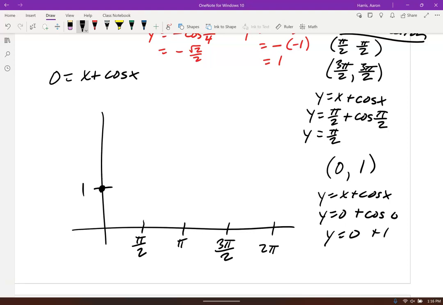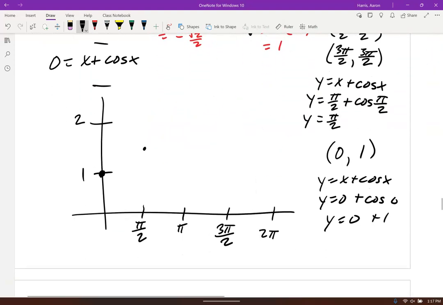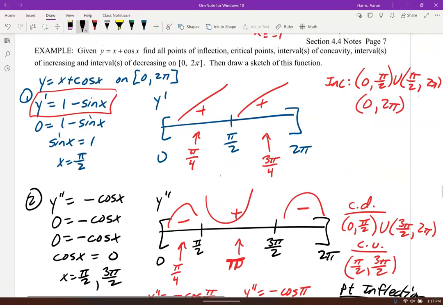And of course it'd be nice to throw in some other points too, but we do have the point pi halves. So that would be 1.57, so it's about right there. And then 3 pi halves, so 4.71. 3 pi halves. Anyways, up here, so we're concave down to pi halves, concave down, and we're increasing, and we